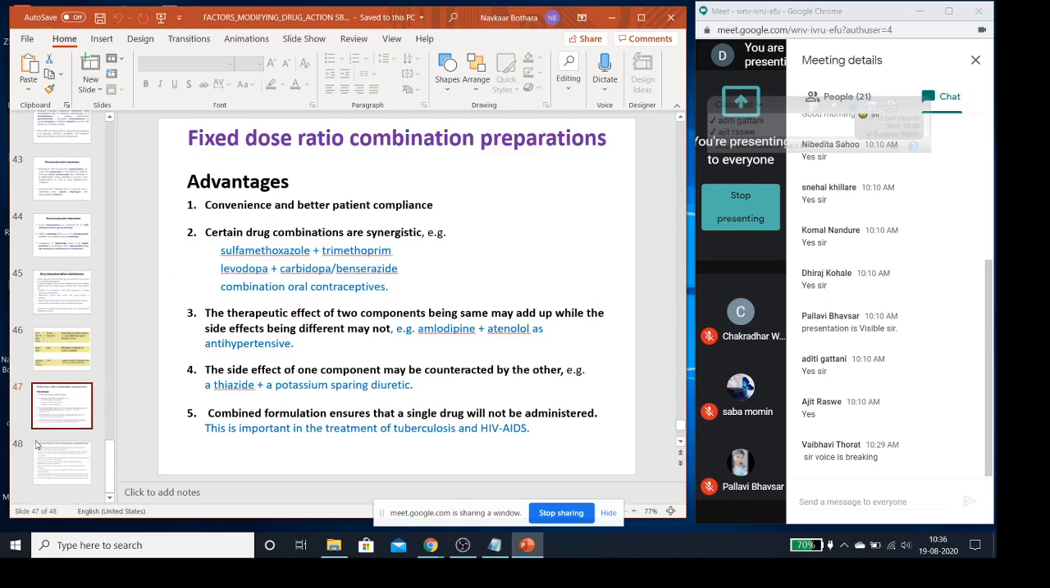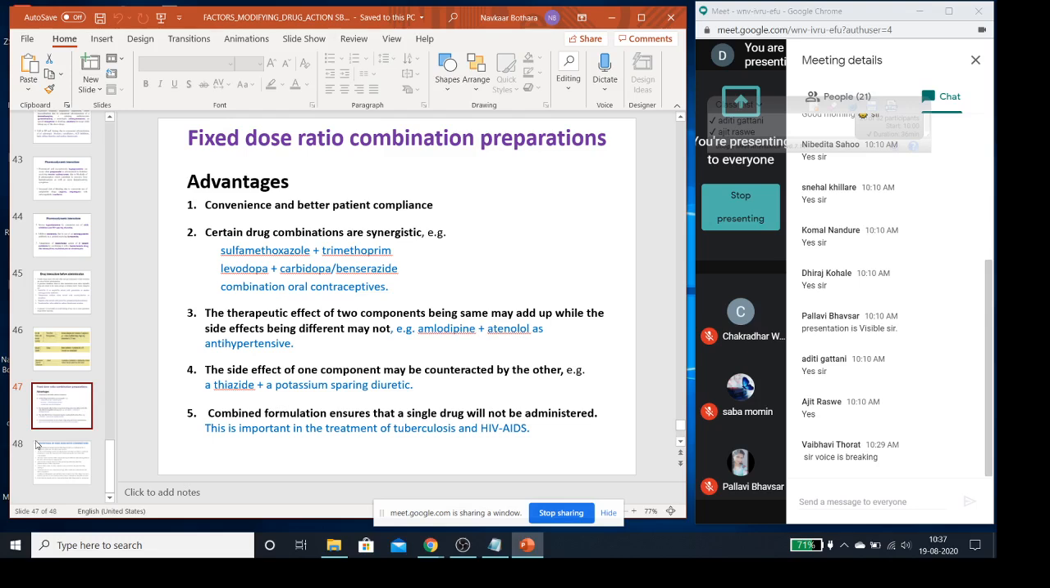Then the next thing is a very important concept in pharmacotherapeutics. You will have some better idea about this this year only. It is called a fixed dose ratio combination preparation. They are very popularly called FDCs, fixed dose combination or fixed dose ratio combination preparations. Those who are interested to have more knowledge about it can just put in a Google search, fixed dose combination